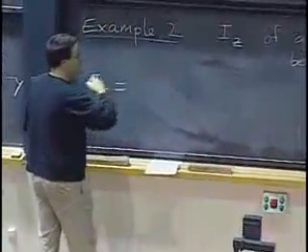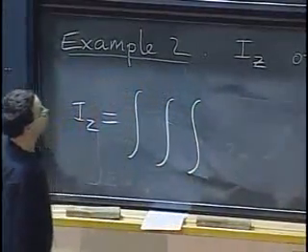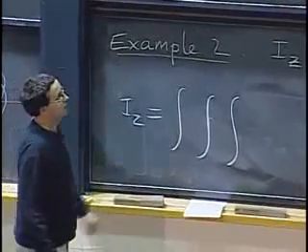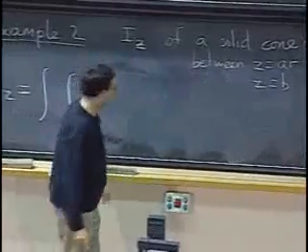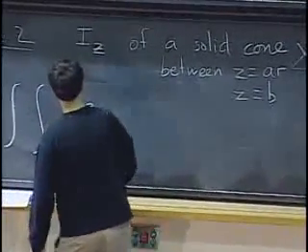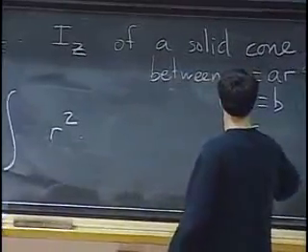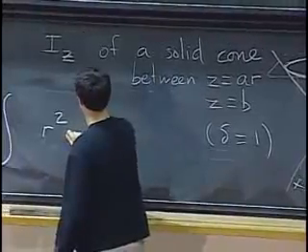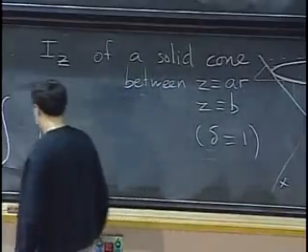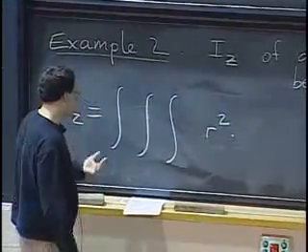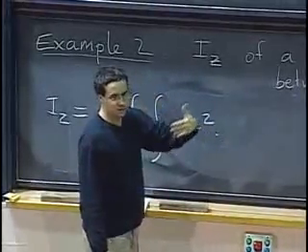Okay, so what's the moment of inertia of this guy? Well, that's the triple integral of, we have to choose x squared plus y squared or r squared. I think I want to use cylindrical coordinates, given the shape. So we'll use r squared. I might have a density, but let's say the density is 1, so I don't have density. I still have dV. Now it will be my choice between doing dz first or doing r dr d theta first.